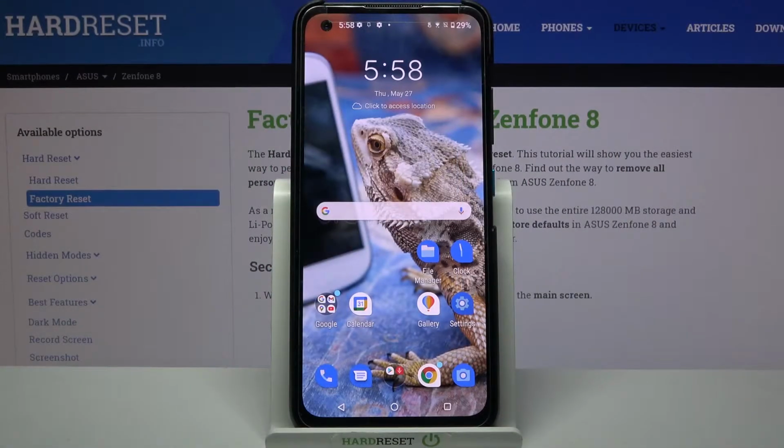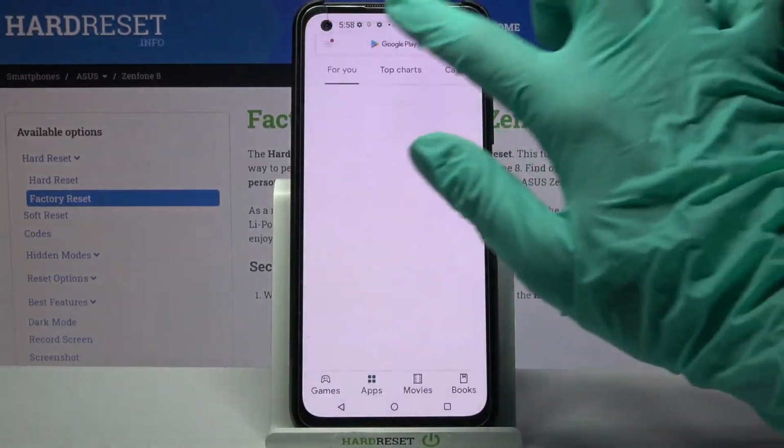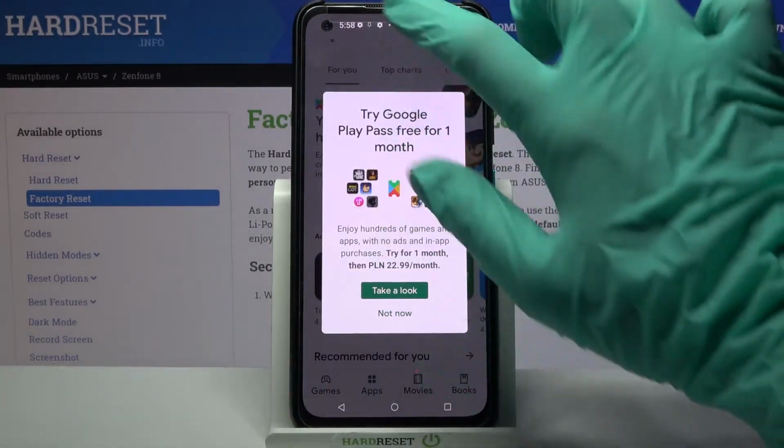Hi, in front of me is ASUS Zenfone 8 and today I would like to show you how you can download and apply Apple layout on this ASUS device. Firstly, you need to open Play Store, click on the search bar over here,